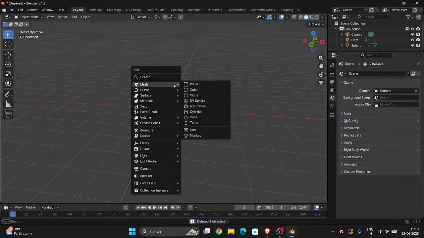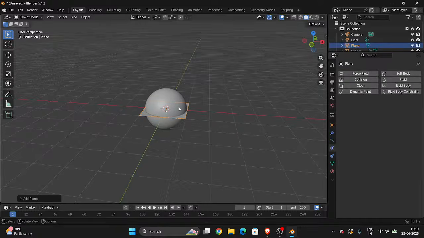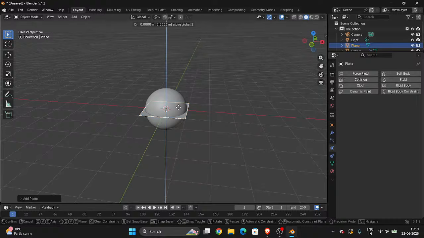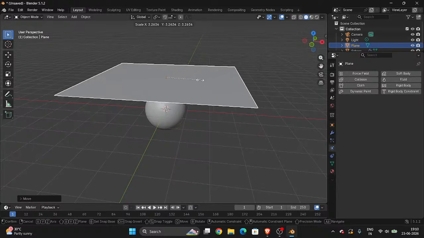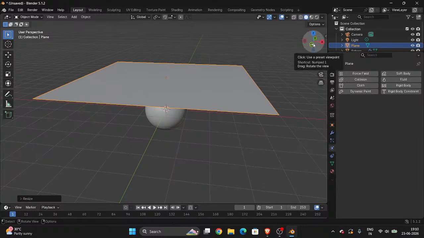Shift A, the shortcut key for opening this add folder. You have to click Shift A and select a plane again. Grab in the Z direction and press S for scaling and scale it higher. Now